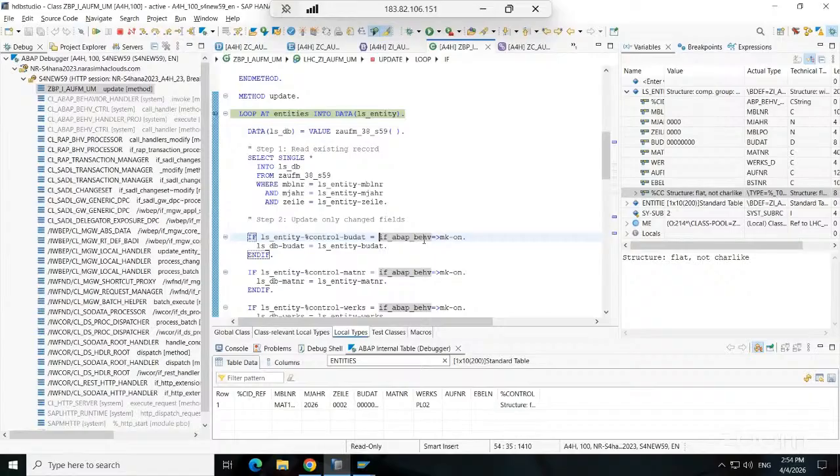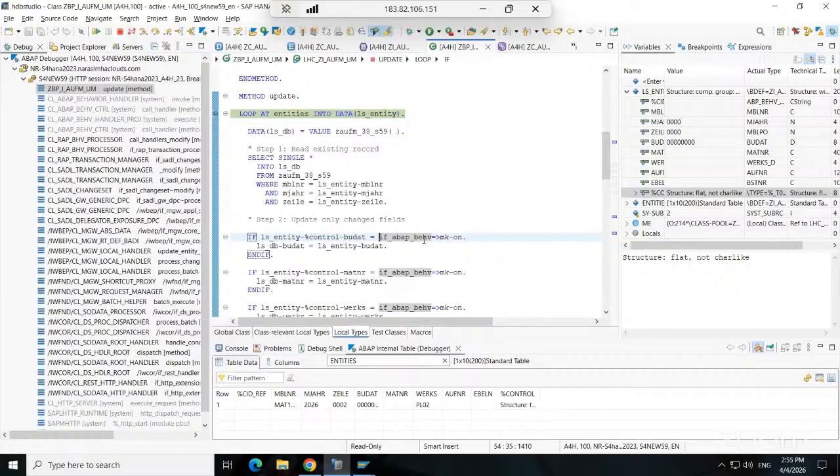Whatever the record, because whenever you are doing this, what operation is it? Modify or update. Update operation. Anyway, the primary key fields you don't modify; they are there by default. You are modifying the remaining fields. So all the primary key fields and whatever the modified fields will come automatically into the structure. This ls_entity, so directly that ls_entity is